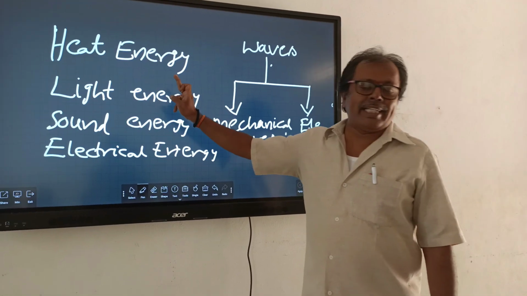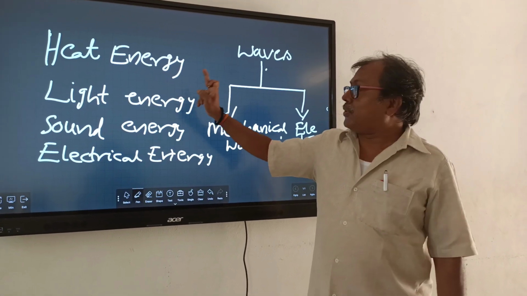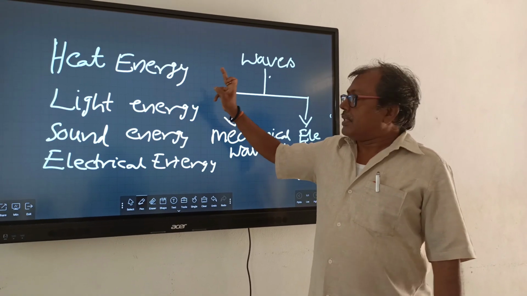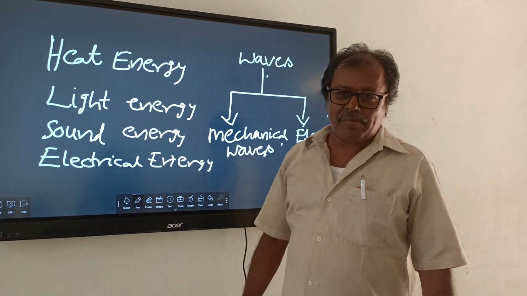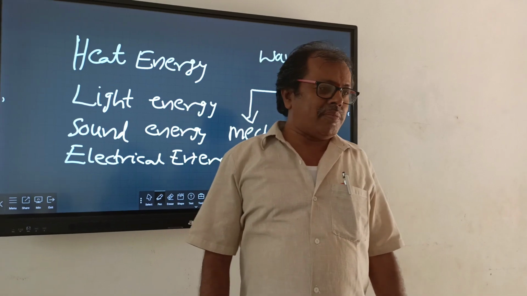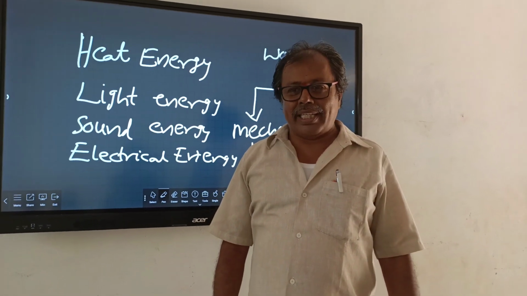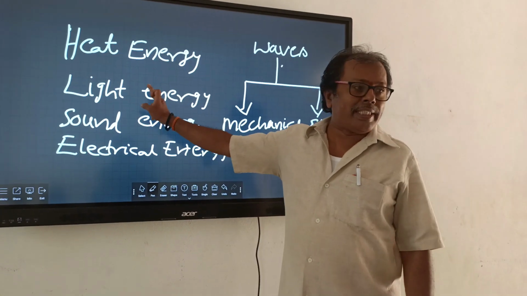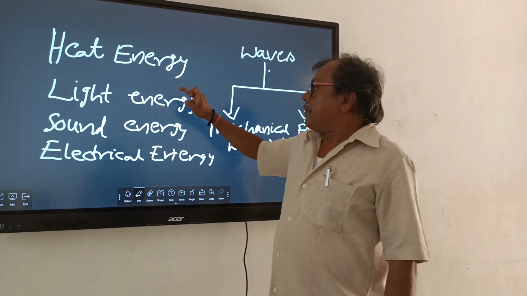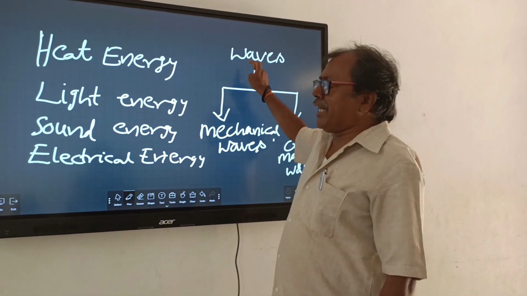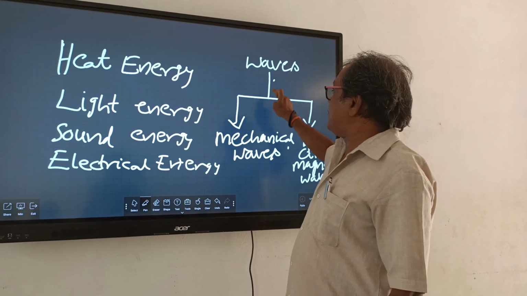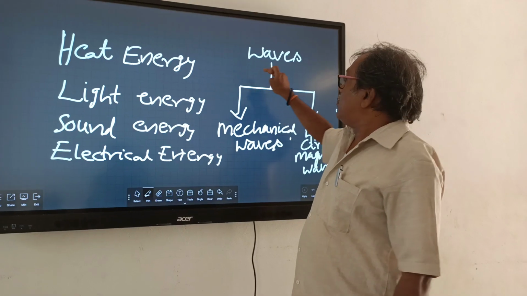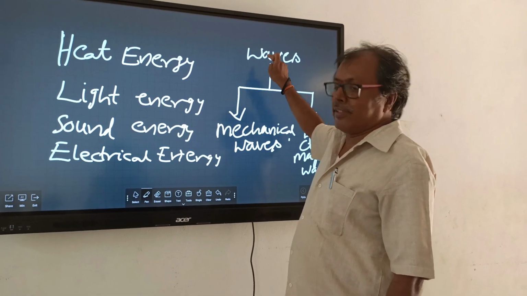There are so many scientists who have made several attempts to describe the nature of light. In the sense, Newton's corpuscular theory, Huygens wave theory, Maxwell electromagnetic theory, and there are so many theories which are prevalent to explain the propagation of light. If you want a clear idea about the propagation of energy in any medium, we should have clear-cut understanding about the waves first.